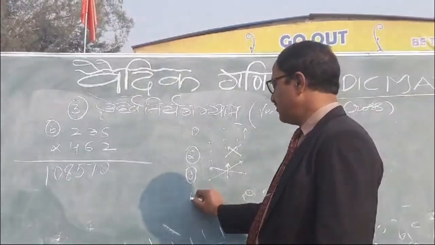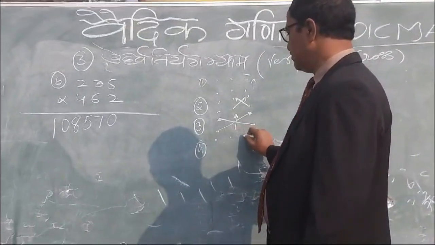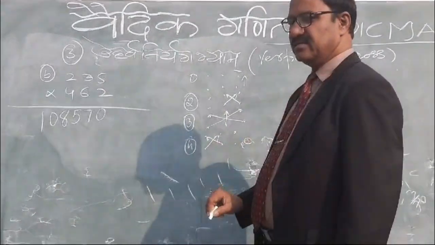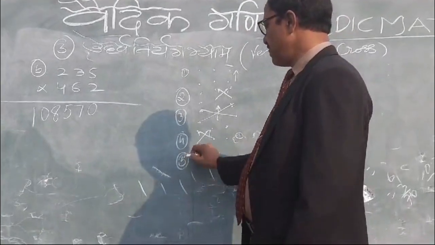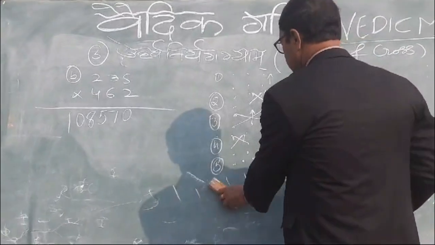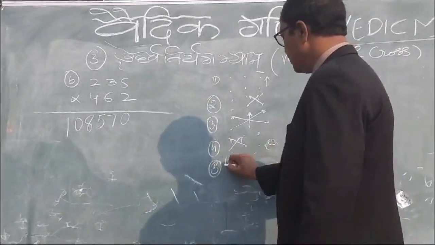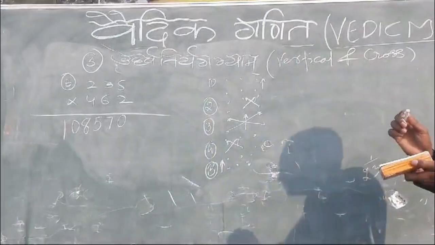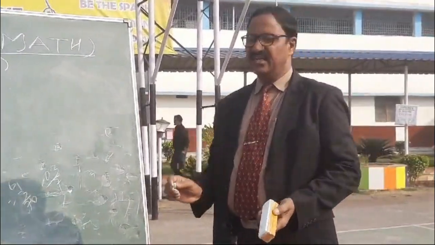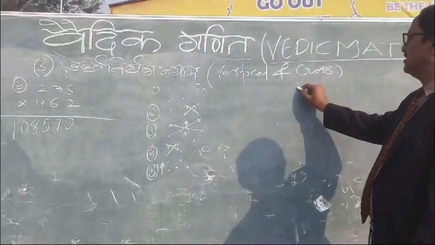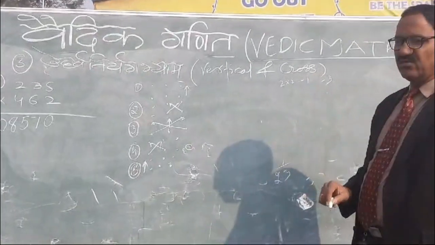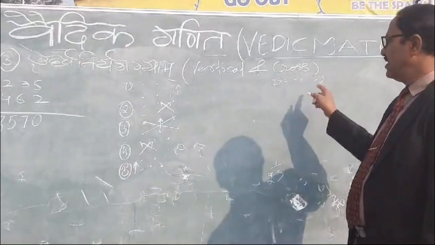Okay? And fourth, this multiplied by this, multiplied by this. And fifth, this multiplied by this. So it will take 5 steps. How many steps? 5. Yes? In the first you have seen 2 into 2 minus 1. That is 3 steps. While you multiply a 2-digit number, it will take 3 steps.